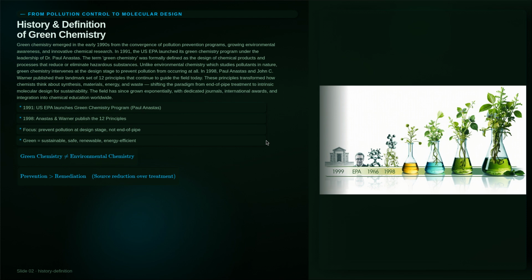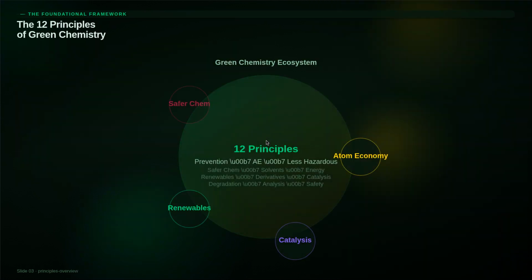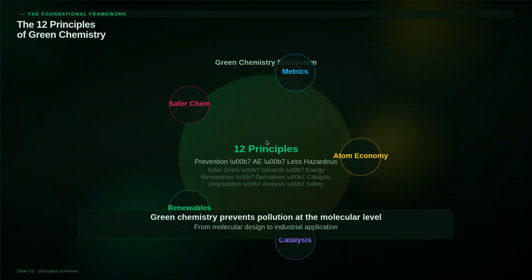In 1998, Paul Anastas and John C. Warner published their landmark set of 12 principles that continue to guide the field today. These principles transformed how chemists think about synthesis, materials, energy, and waste, shifting the paradigm from end-of-pipe treatment to intrinsic molecular design for sustainability. The 12 principles of green chemistry provide a comprehensive framework for designing safer, more sustainable chemical